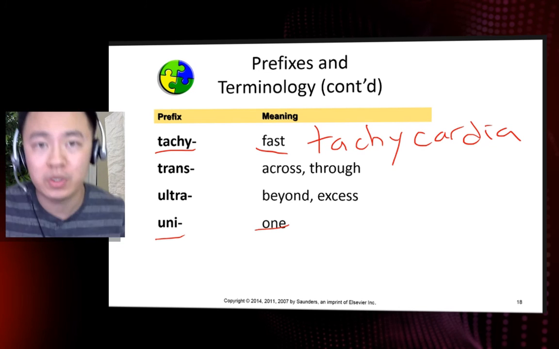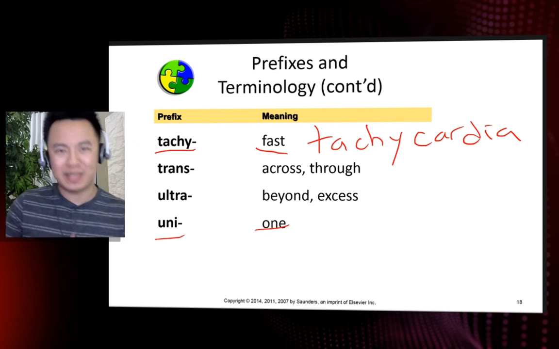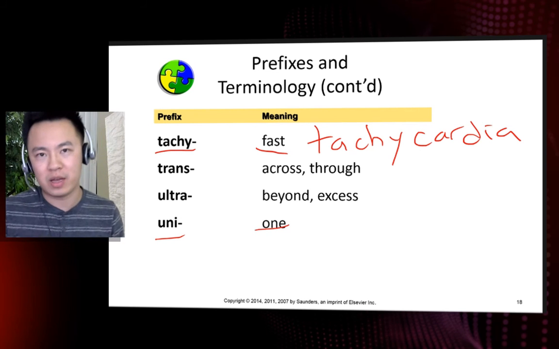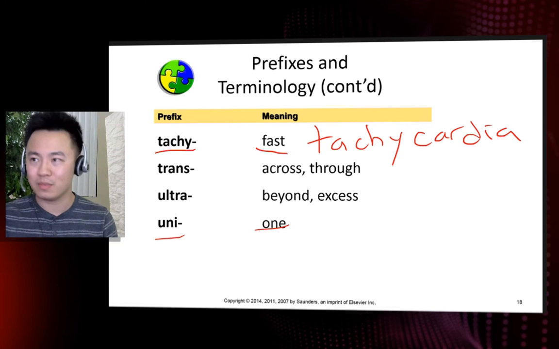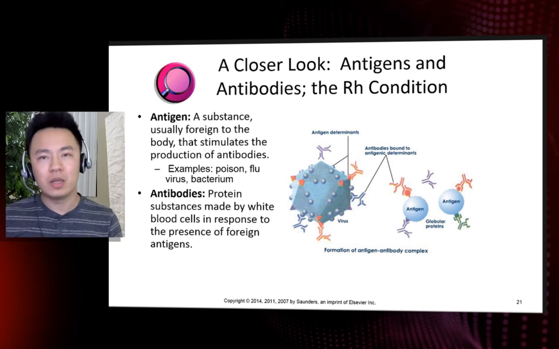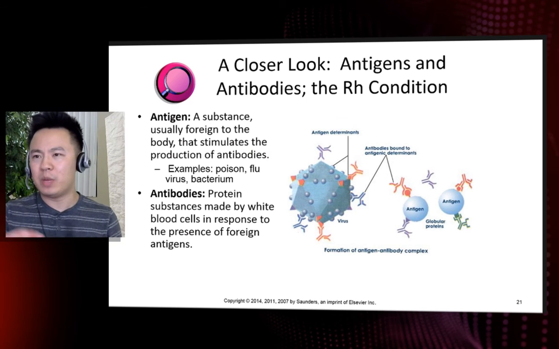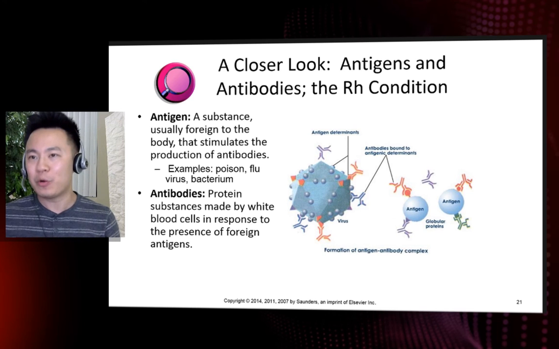Okay, so hopefully some of those prefixes out there and some of the examples I've shown will help clarify or help you understand these prefixes a little bit more and some of those terms as well. Moving on a little bit, we're going to start talking a little bit about antigens versus antibodies. There's a little bit of microbiology here, so we're going to go ahead and get started.